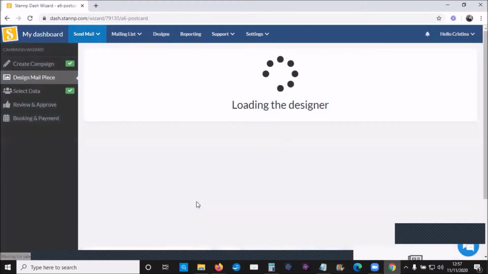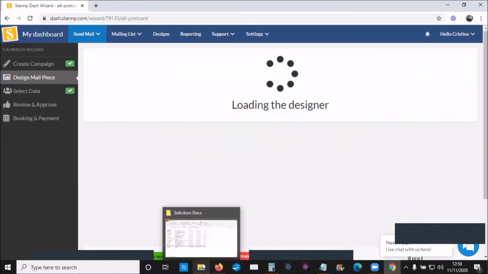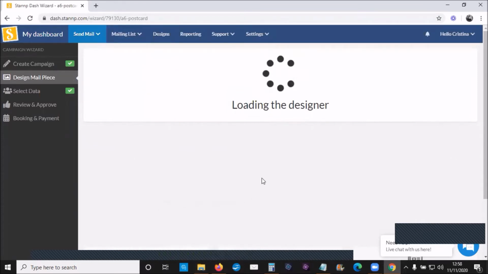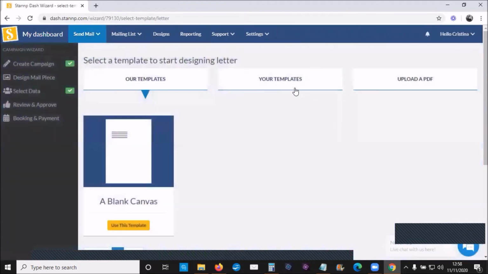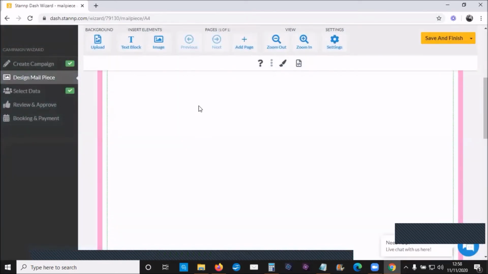Because it basically wants me to write the letter. What I'm going to do is I'm going to use one of the blank templates because I don't think it likes this bit that I haven't uploaded a letter. Or in fact, I'm just going to type in